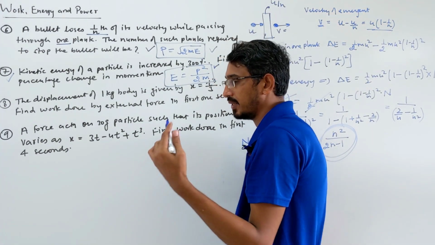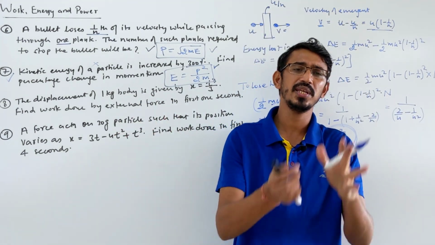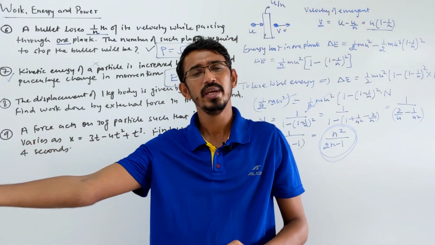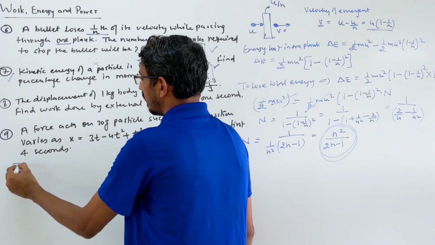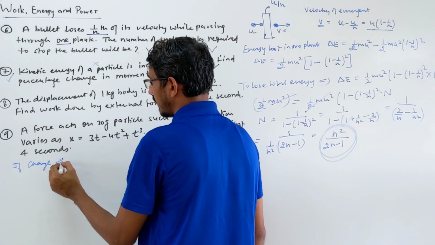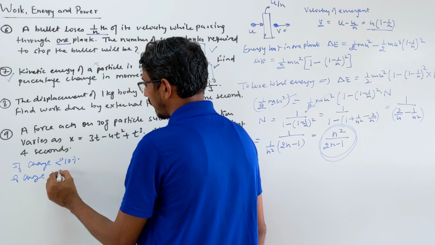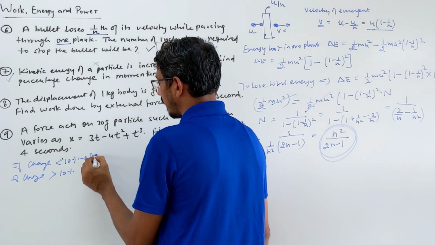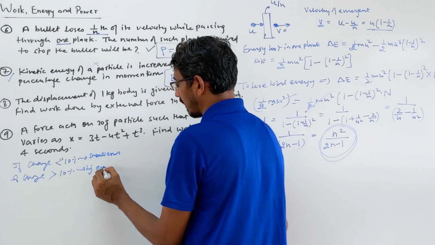Questions like this come up everywhere in all chapters of physics. Something is increased, something is decreased, and what is the change in other things? So we have 2 types of possibilities. One, if your change is less than 10%, or second, if the change is more than 10%. This is called a small error. We call that a small error. This we call a big error, right? We can call it like this.